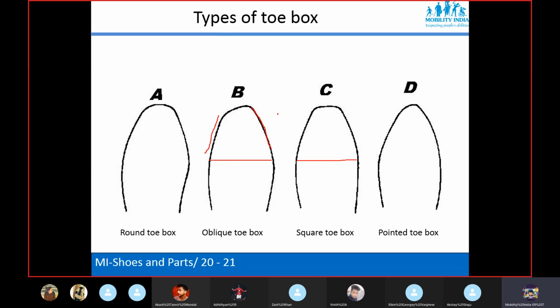So many times if there is forefoot deformity and the foot is going medially, or the foot is going laterally, based on that, left shoe you can put on the right, right shoe you can put on the left leg. That way also, for a few deformities, you can use that shoe to correct it.